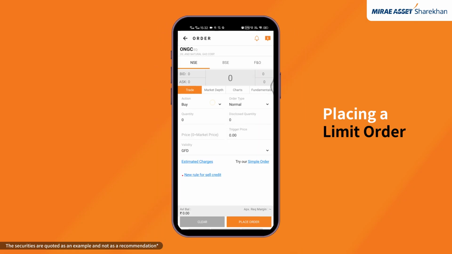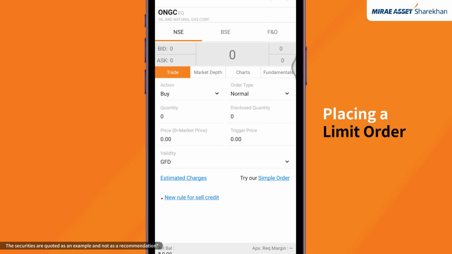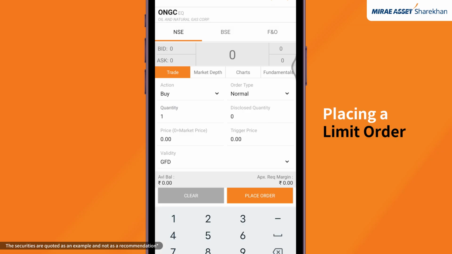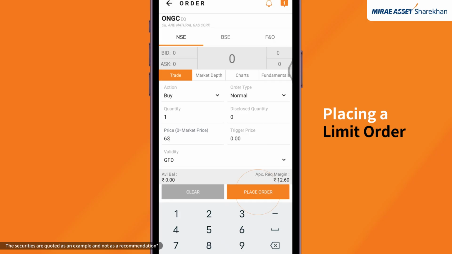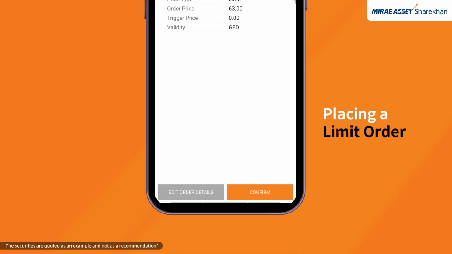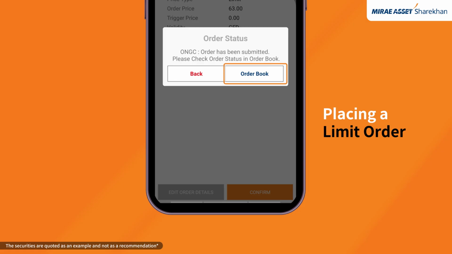Select Buy from the Action tab and enter the quantity as 1. In the price column, enter your desired price against the current market price. Click Place Order, and after confirming the order, you land on the order book where you can check the order